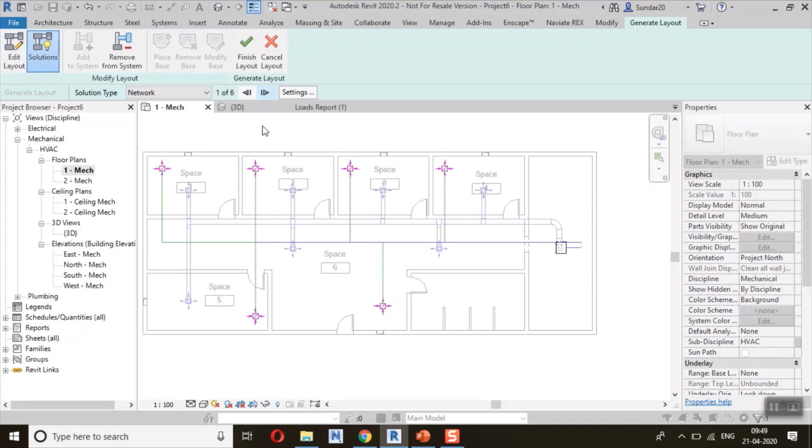It's showing the same 1 of 6, just change to see which one is better. I think this one is better, and go to 3D view.